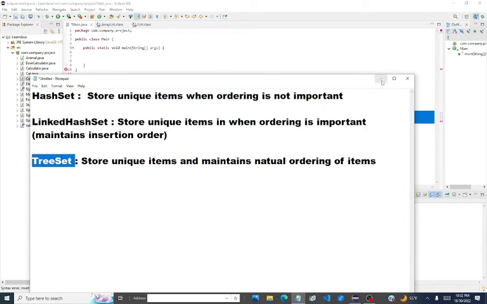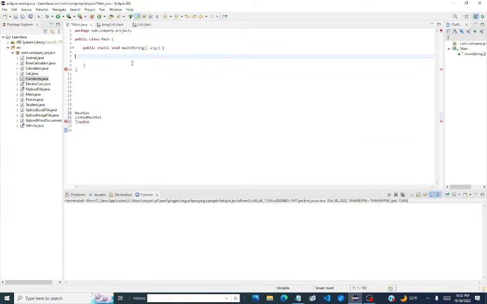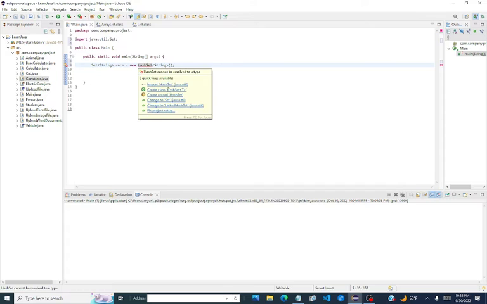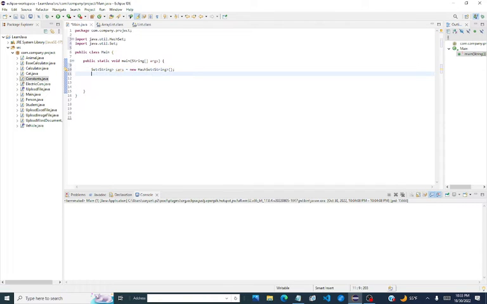So we're just going to quickly do it with the help of an example. Let's say we want to create a set of strings, and we're going to say cars and new HashSet. This is the same concept we have been using in the list and all these things, so nothing new here. We just need to import these classes. So we have cars, and I'm going to add cars, let's say Ford,